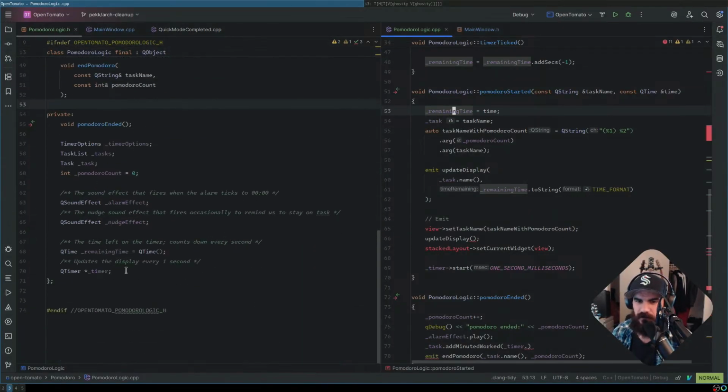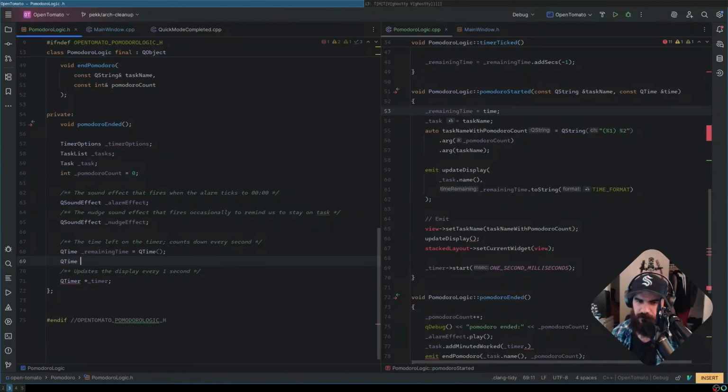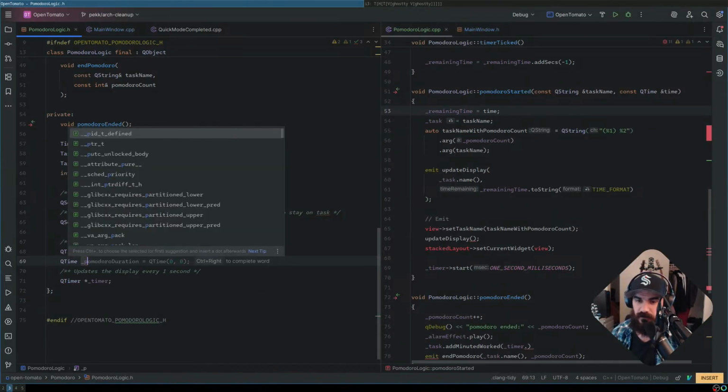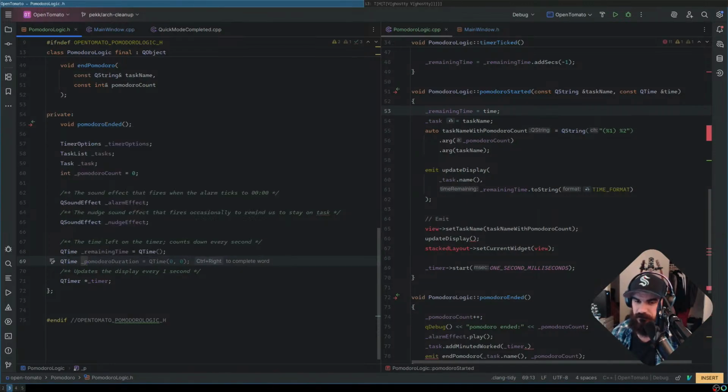So what I'm going to have to do here is add not just the remaining time, but queue time, Pomodoro duration. That's right.